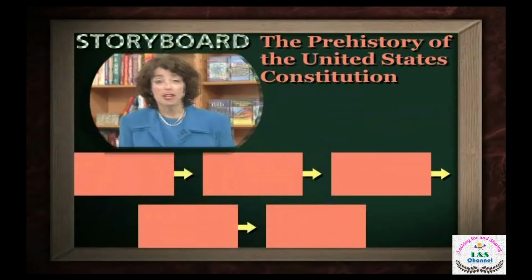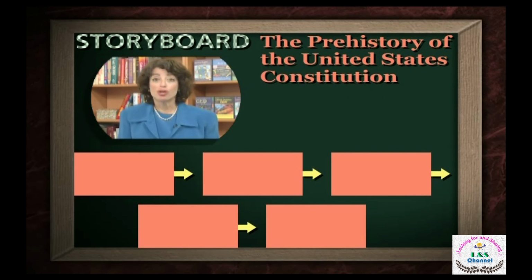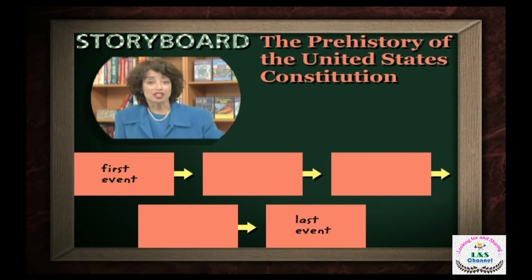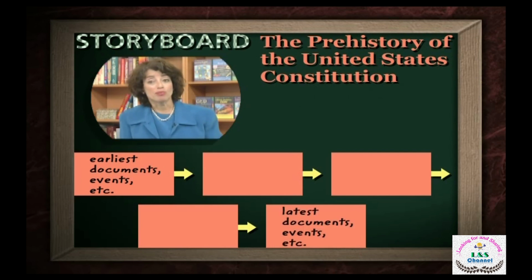You've got to focus on how earlier events, documents, governments, and so on influenced the drafting of our own Constitution. You want to include at least 5 specific events, so you're going to draw 5 boxes. Now remember, storyboards go in chronological order from the first event to the last event. So you're going to start with the earliest documents and you're going to move on to the latest documents and